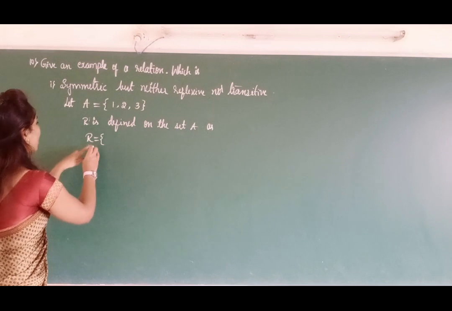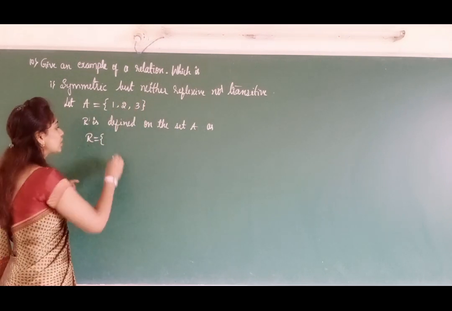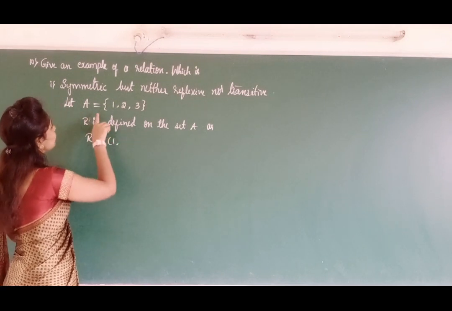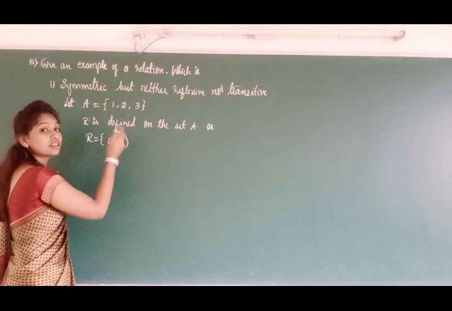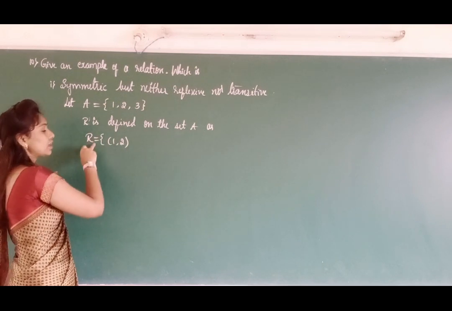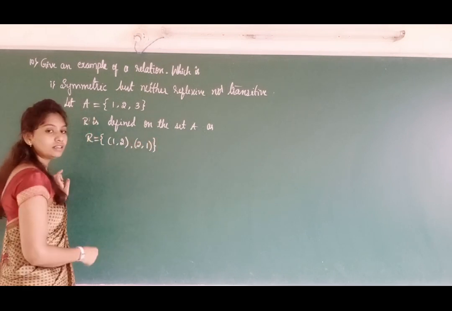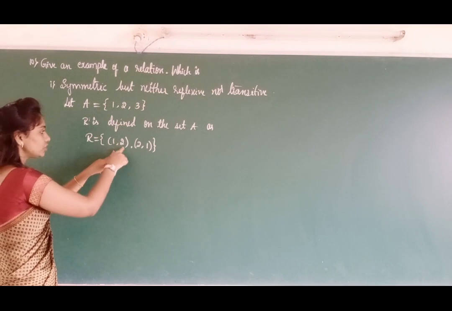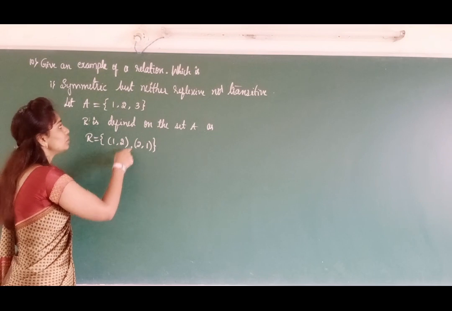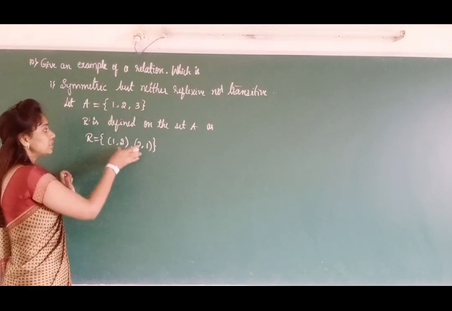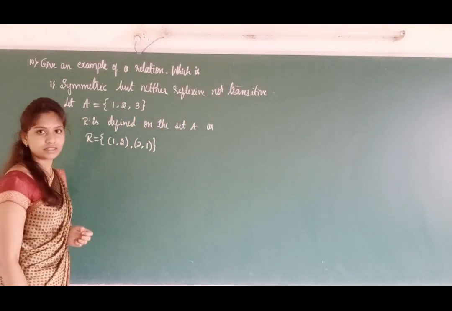So I am taking the relation R on the set A only. What do we write here? That is symmetric. So I am taking the ordered pair 1, 2. Symmetric means its reverse also belongs to R, its reverse that is 2, 1. Clear? It's symmetric. 1, 2 belongs to R, its reverse 2, 1 belongs to R, for all the elements 1 and 2 belonging to the set A. This is an example for symmetric but neither reflexive nor transitive.